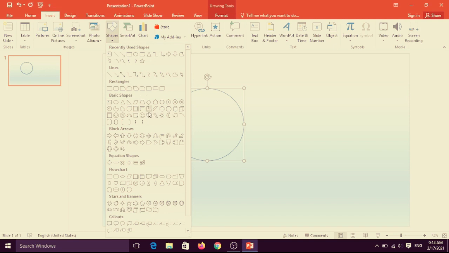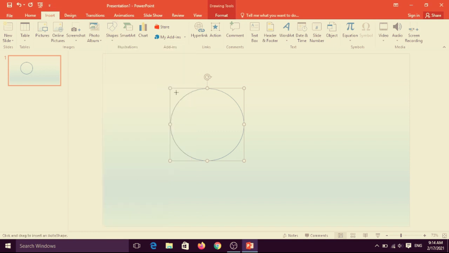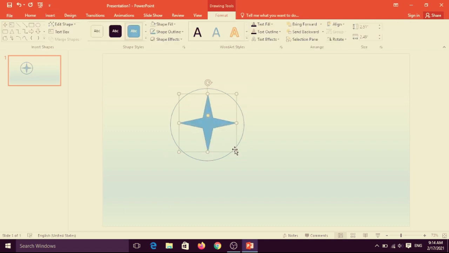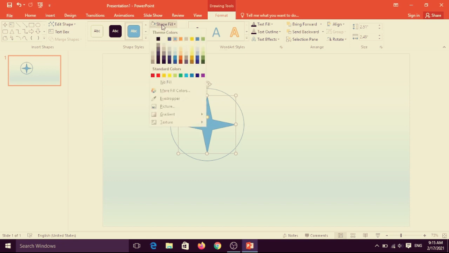Suppose I want to choose the stars. Yes, I have taken this one and drag it this way, and also change the color of this. It depends on you which color you want.